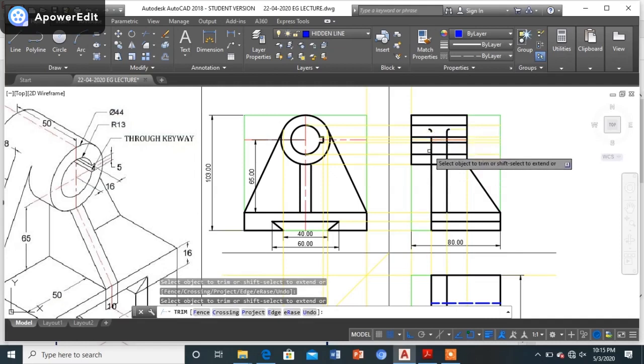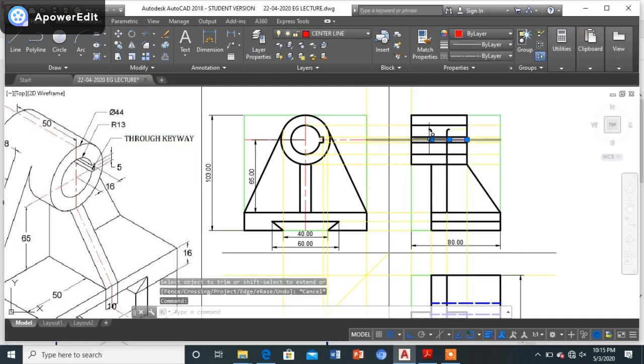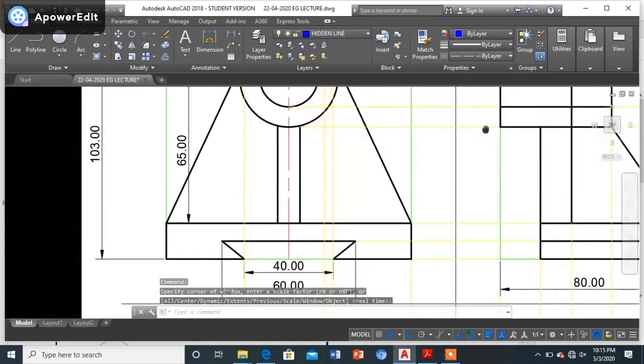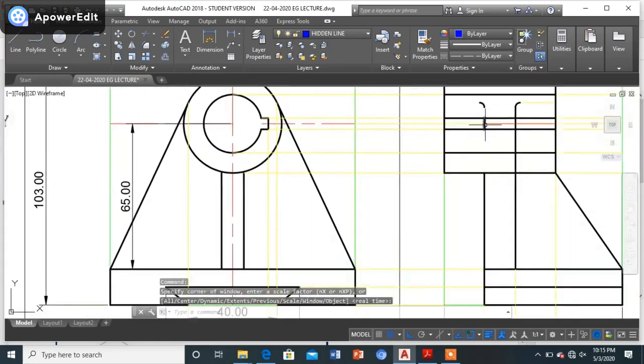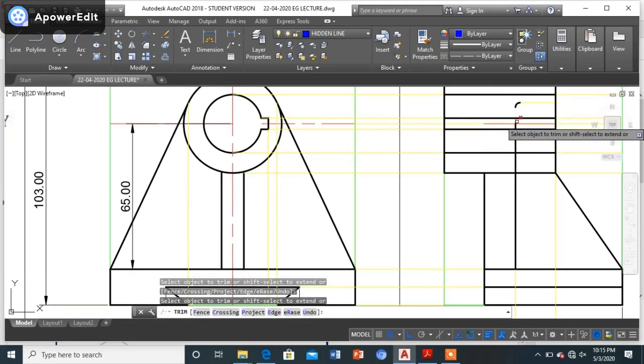As you can see it over here, don't require this. Whatever the lines are not getting trimmed, I'll be selecting them and deleting them. So this is the one and this is the one which is getting deleted. Even on the other part, all these lines which are there will be getting deleted. Even this particular edge will be deleted because both these surfaces are going to become one and the same.